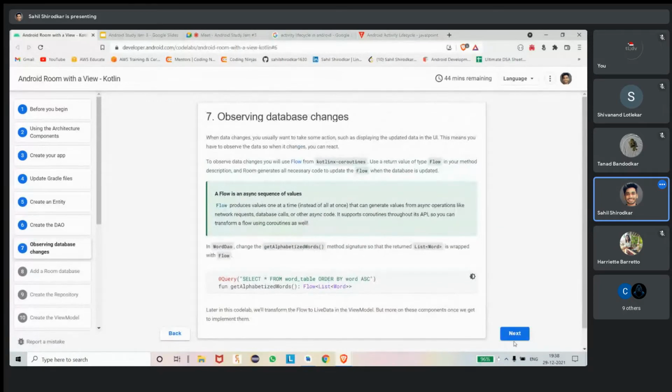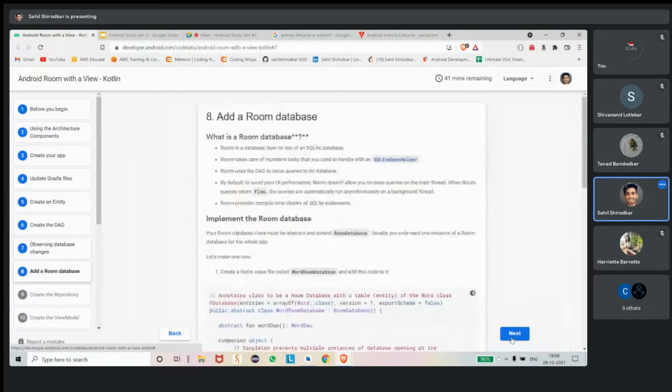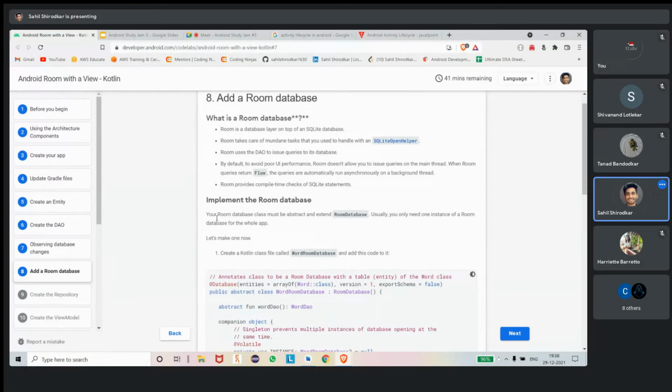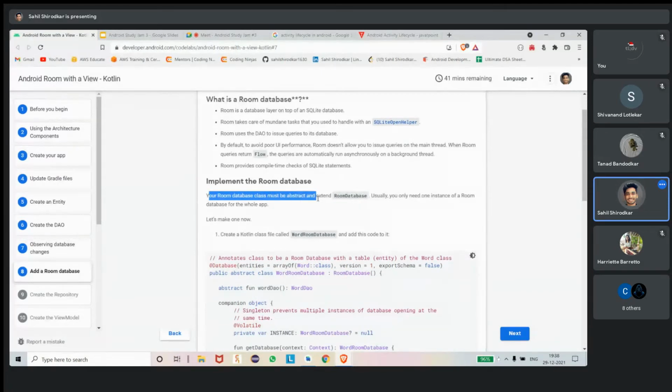So let's go to observing database here. Once we are done with that part, now we will create a database. There is a boilerplate code for a database whenever we want to make one. Your Room database class must be abstract and extend RoomDatabase.